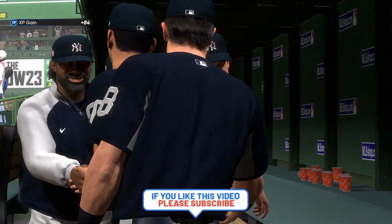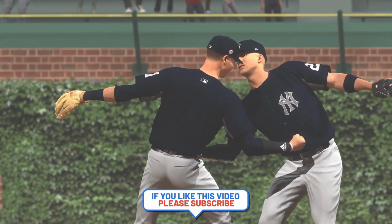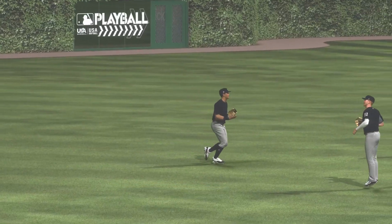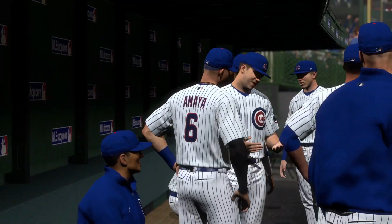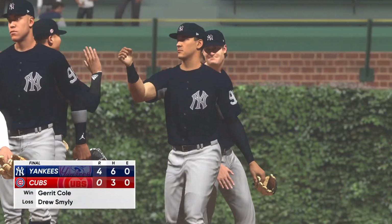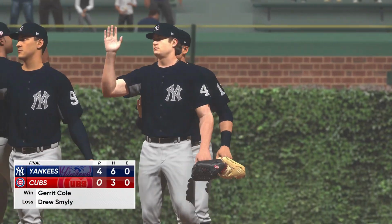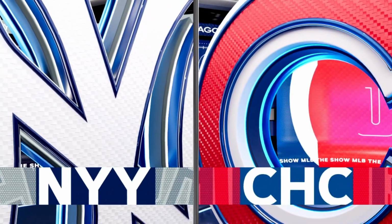Well, you win this one 4-0, and it feels like you could have exploded for more offensively, but you also realize that at times it was hard to score. So you get out of here feeling good about this win. Ultimately, there was great pitching and defense to keep that other team off the board. You always feel good about a win like this. A 4-0 shutout in this one. For Chris Singleton and our entire outstanding crew here at MLB The